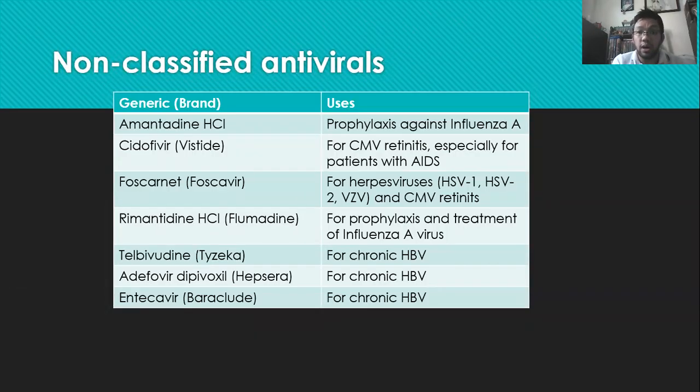Rimantadine hydrochloride, Flumadin. This again is used as a prophylaxis and in the treatment of influenza A. So if you have the flu. Telbivudine or Tyzeka, it's for chronic hepatitis B virus infection. Same with Adefovir dipivoxil or Hepsera, and Entecavir or Baraclude. These are used to treat hepatitis B